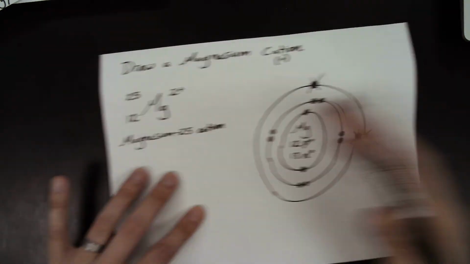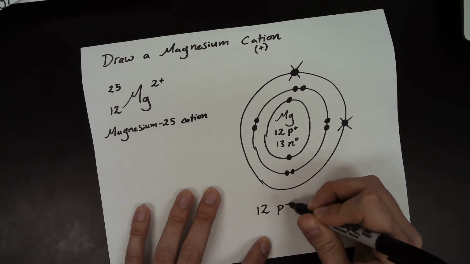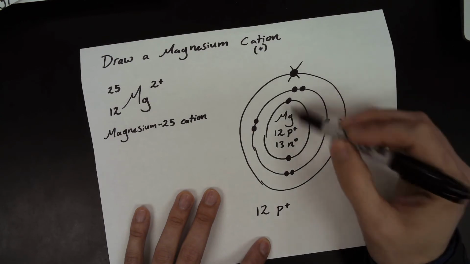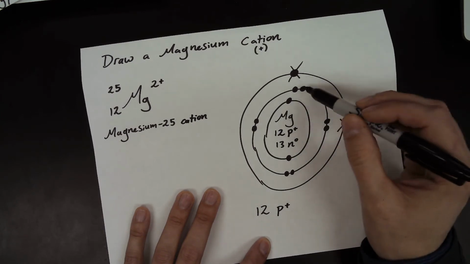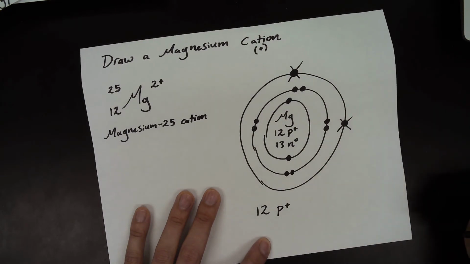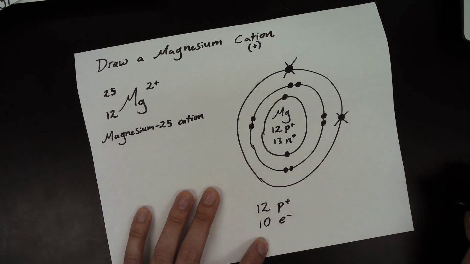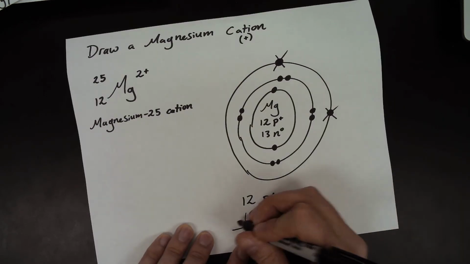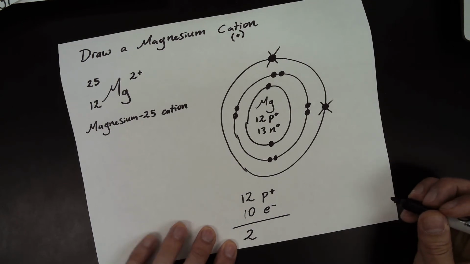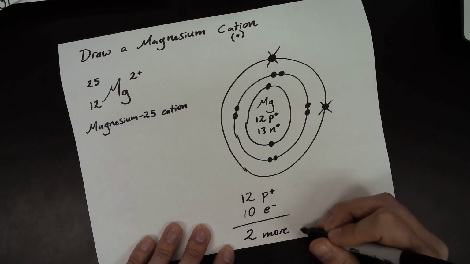Okay, let's make sure we get this real quick. We now have 12 protons. And how many electrons do I have left over? I have 1, 2 in my first energy level, 3, 4, 5, 6, 7, 8, 9, 10. All together there, 10 electrons now. If I subtract these, that means I have a difference of 2, right? So I now have 2 more protons,